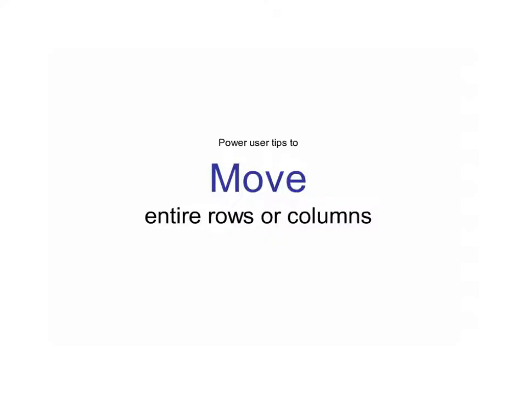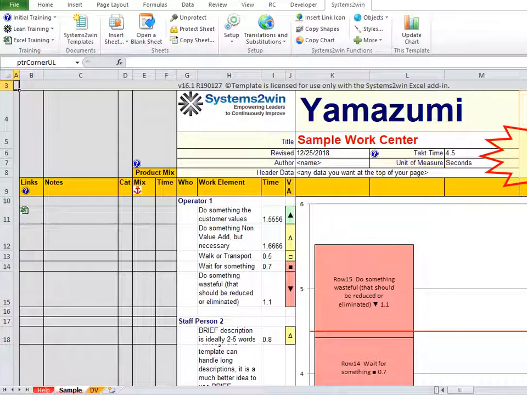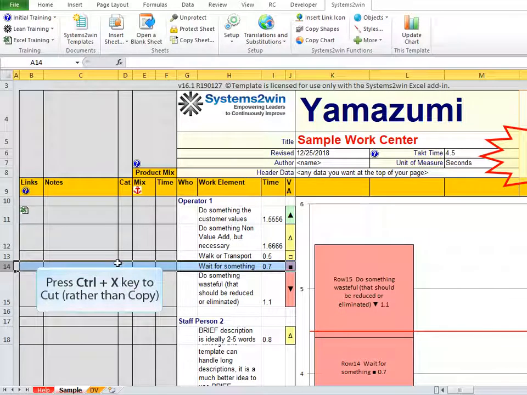So how do you move rows or columns instead of copying them? You do the exact same thing with one tiny difference. First, select the row or columns that you want to move, and this time instead of copying, use Control-X to cut rather than copy.